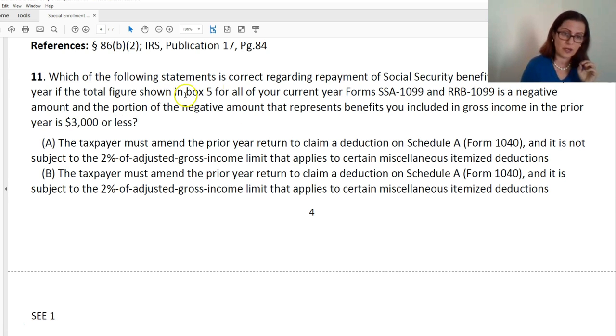All right, okay. Which of the following statements is correct regarding repayment of Social Security benefits received in a prior year if the total figure shown on box 5 is a negative amount and the portion of the negative amount benefits you included in income in the prior year is $3,000 or less? Okay, so